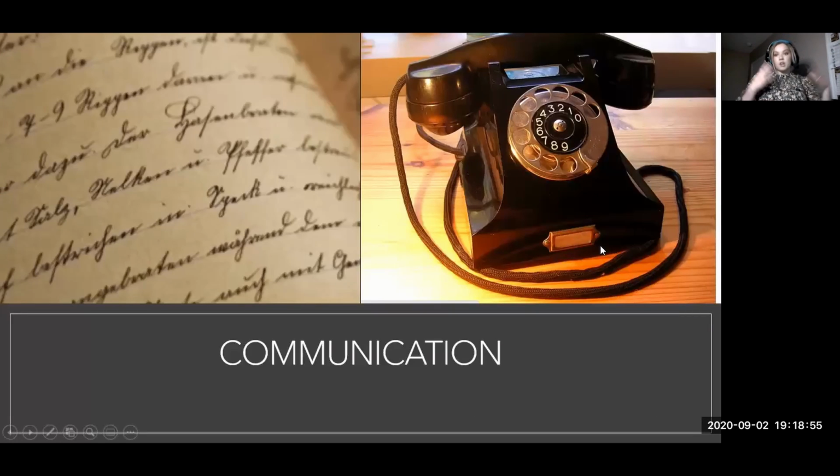Okay, so now we're going to talk about the different types of communication that they had in the past. So I want you to look at, obviously, I think some of you can guess what this is over here, but this device, as you can see on the screen up on our projector here, what do you think that item is? It's got a little telephone thing there, but what do you think it is?